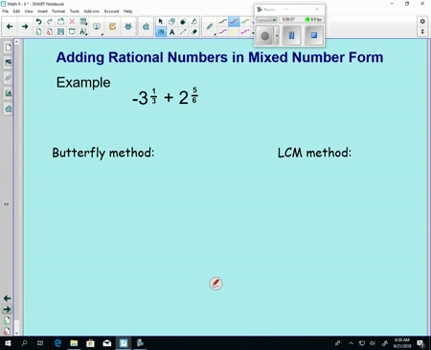If we have mixed numbers, what we're going to have to do first is change that to an improper fraction. So minus 3 1/3, we change that to an improper fraction. We go 3 times 3, so 3 times negative 3 is going to be negative 9. And we have to add plus 1 here. So that's going to be negative 8 over,